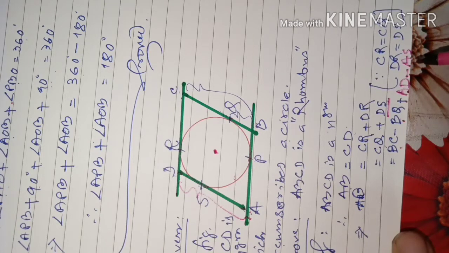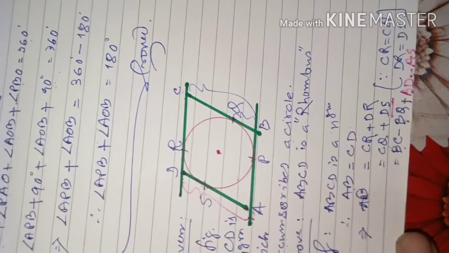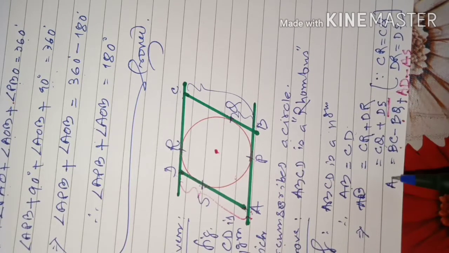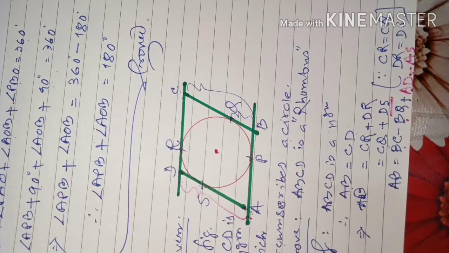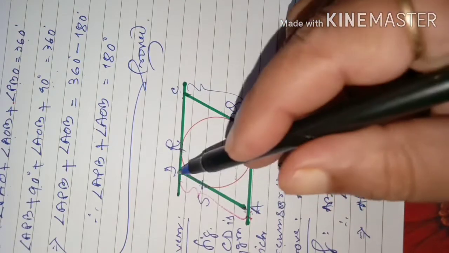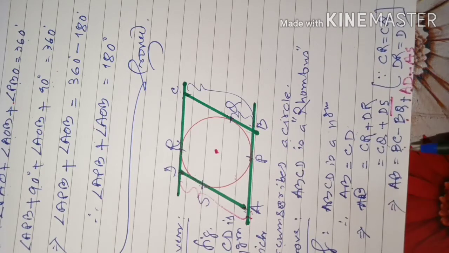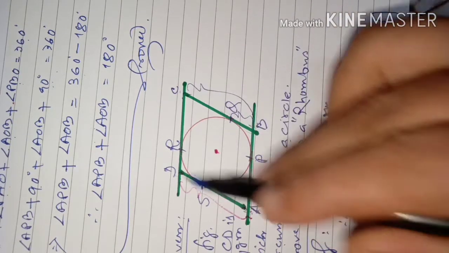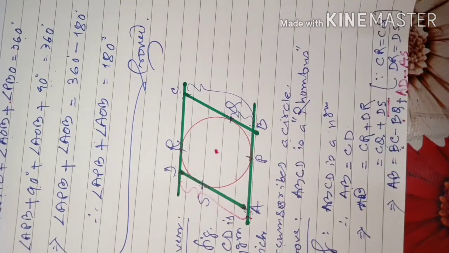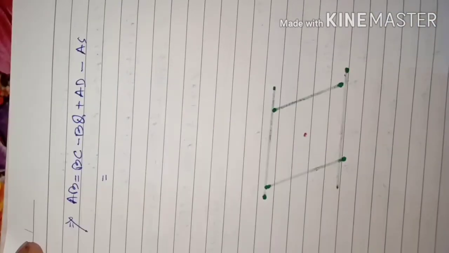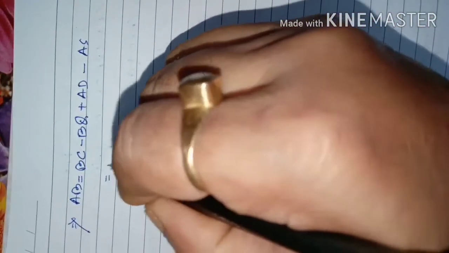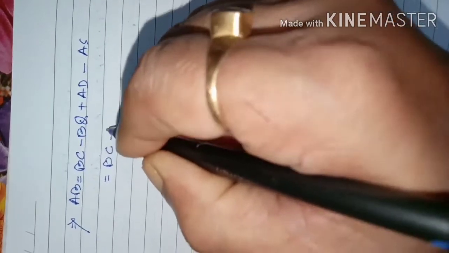Is it clear, students? Now you see here, the left hand side part of this is AB. It should not be forgotten. Now BC and AD, both are opposite sides of the parallelogram. That's why they are equal. So this AD also can be written as BC only here. AD can be substituted by BC only, because AD is same as BC. So that is what I am going to write in the next line. Just you see. So in this line, what you can write? Here BC minus BQ.